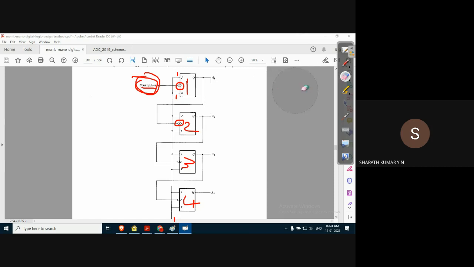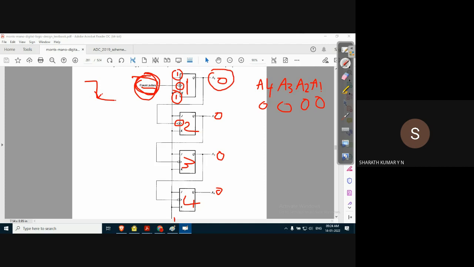Initially, let us assume that all the outputs are 0. To start with, all the outputs are 0. For example, we have 4 outputs: A4, A3, A2 and A1. Initially, all are at the initial condition of 0. When the count pulse, that is the negative edge of a clock pulse, is applied to the first flip flop, because its inputs are fixed at 1 1, the first flip flop will change its state.